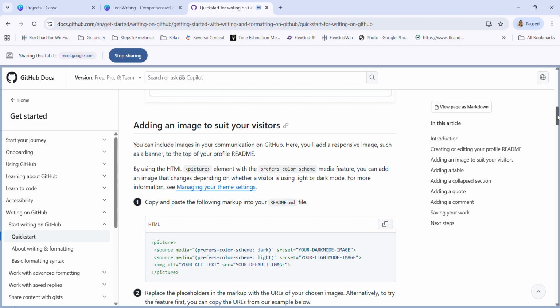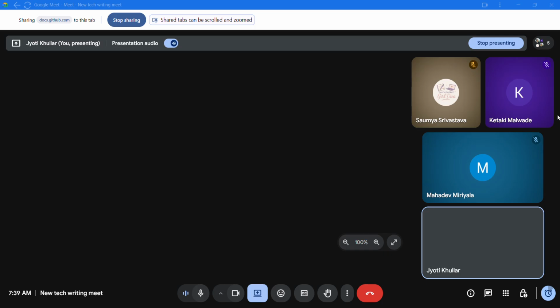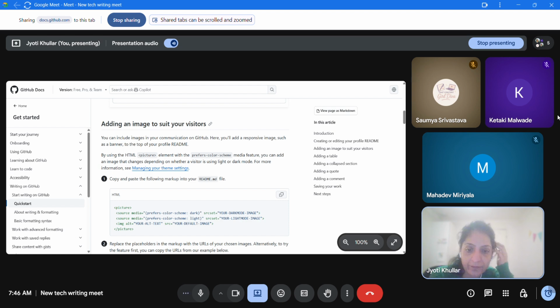So it's a great value add, and it also decreases the effort that you need to put in to think about the structure, to think about the language, to think about how we are going to position the information, like how to order or sequence the information. So all these things are going to help that way. Does it make sense?